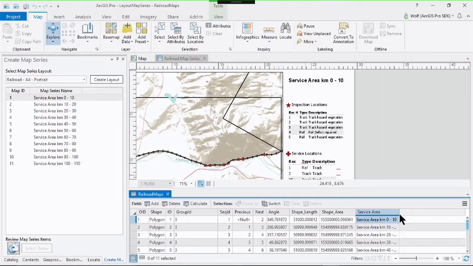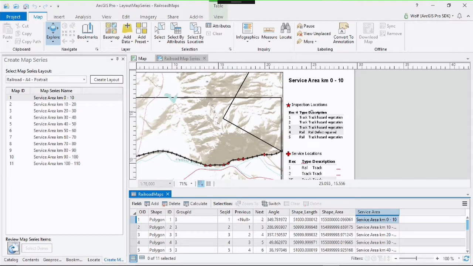It exists in my polygon layer that determines my different map polygons. For each one, I filled in a service area name, and I can display this. But the dynamic text is very flexible. There's virtually anything you have in your database that you can display here. Just use this dynamic